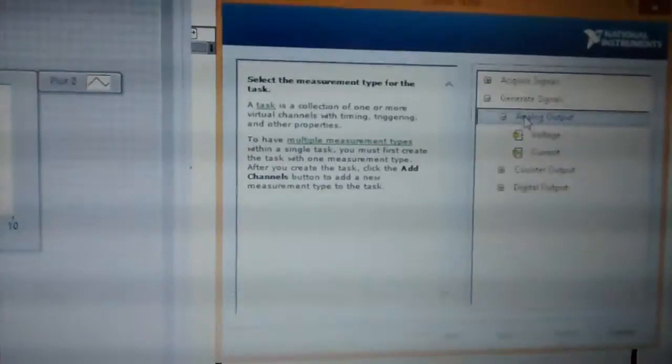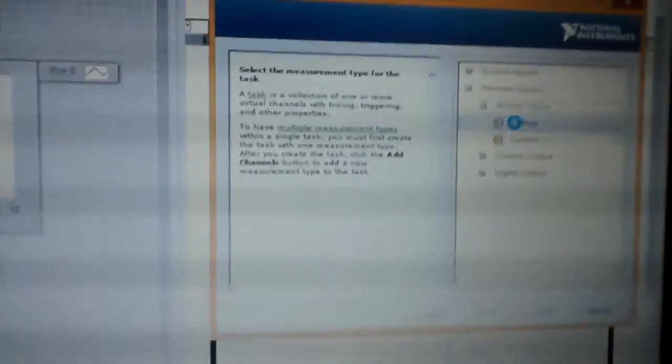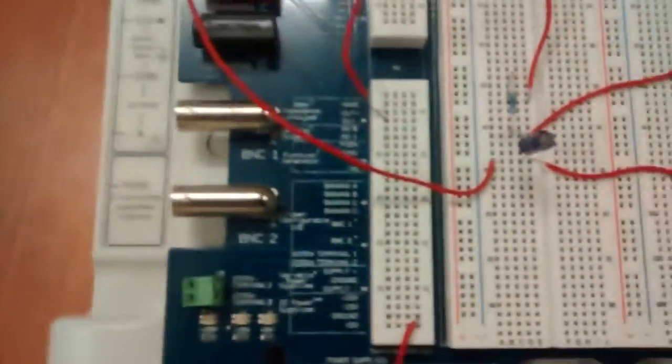Select DAQ assistant. Generate signals. Analog output. Here I choose voltage. Ports. See here, not clearly visible.